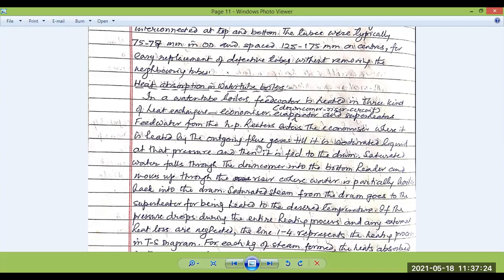And in the other type, water goes through the tube and flue gases surround it, thus transferring heat to the water itself. Generally, we broadly classify water tube boilers into two different types. One is straight tube boilers, another is bent tube boilers. In straight tube boilers, all the tubes, generally 20 to 25 in number, are straight, and they are housed by means of a header and footer on both sides, so that the water is transported from a height from the header, goes through the tubes and is collected, and again goes back to the header itself.